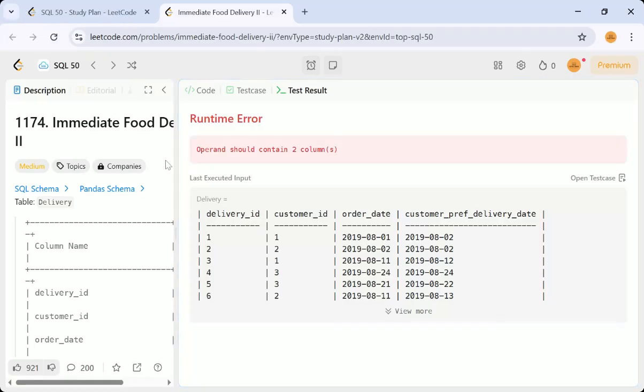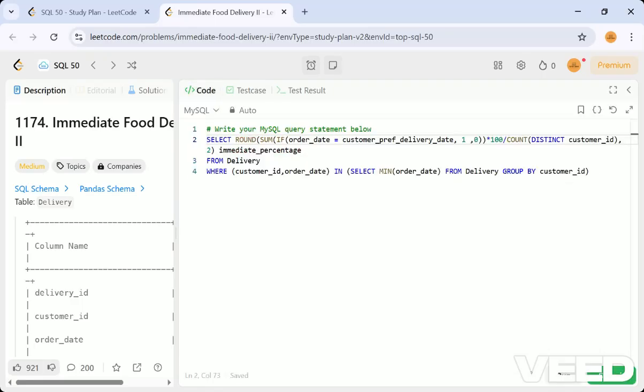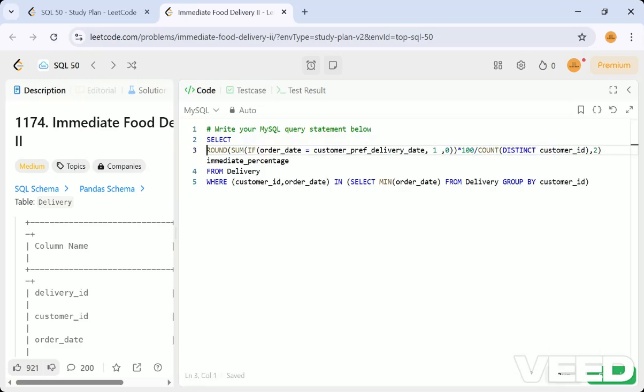Operand should contain two columns. What's wrong with this? So I'm just taking the rounding up and then summing and having the if condition here. So the if condition is fine, the date and if condition are fine. Up to that is also fine, and then multiplying with 100, that is also fine, and then counting of customer ID, that is also fine, and this is also fine.